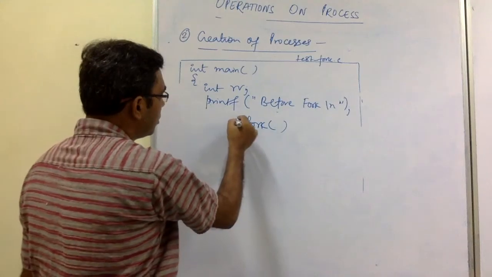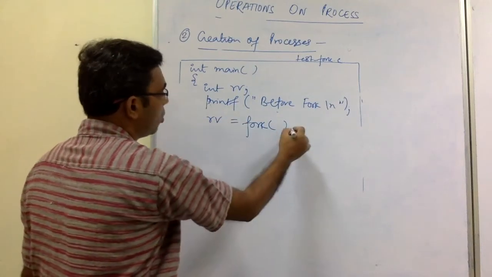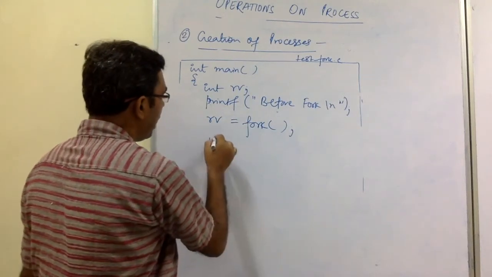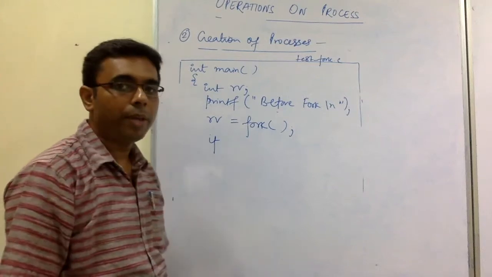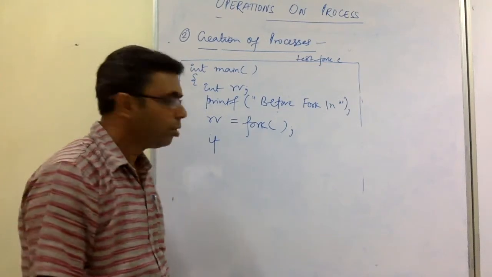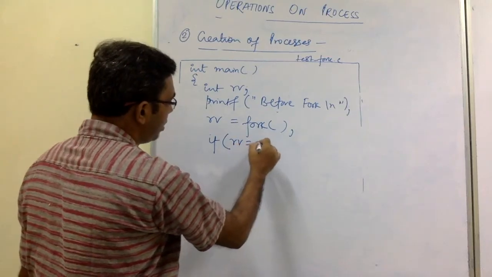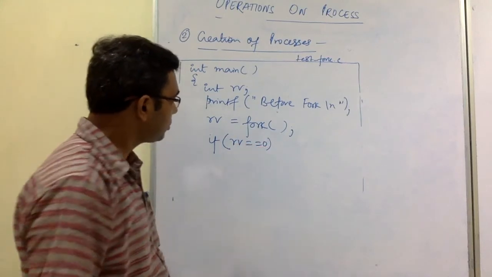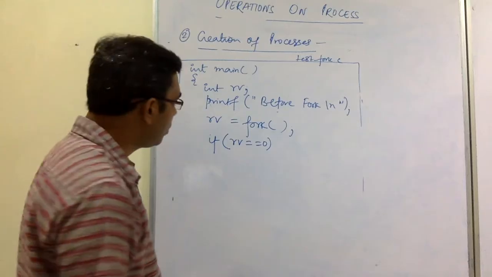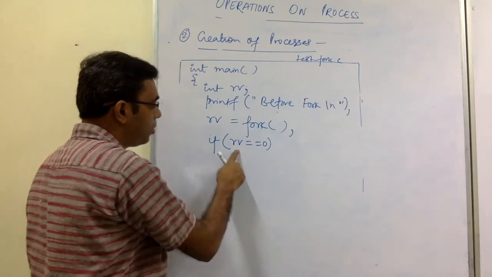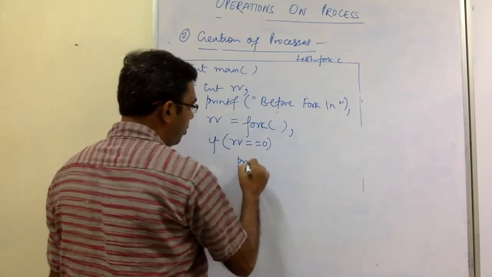Now let us store the return value of fork, and let us decide based on this return value. What we'll do is check whether RV is equal to 0. If RV is equal to 0, that means the return value is 0, now we will print